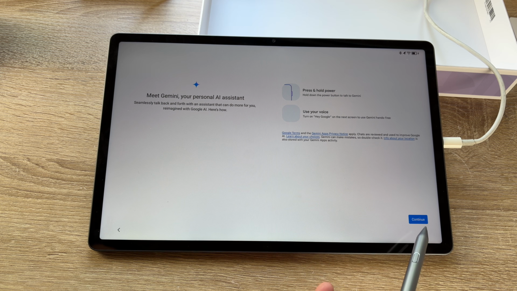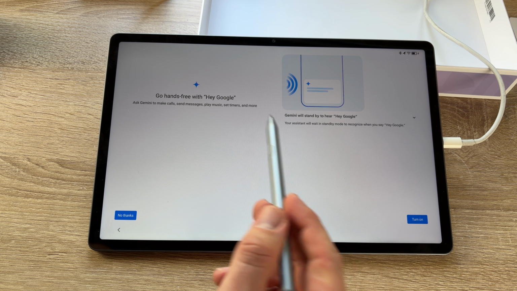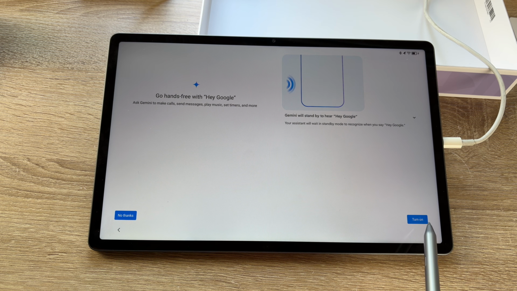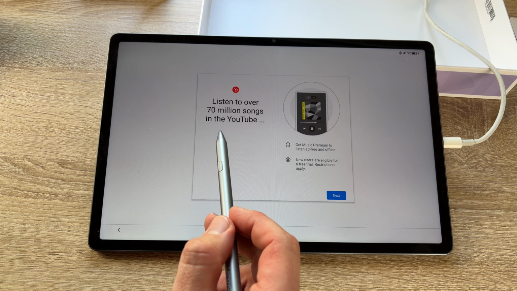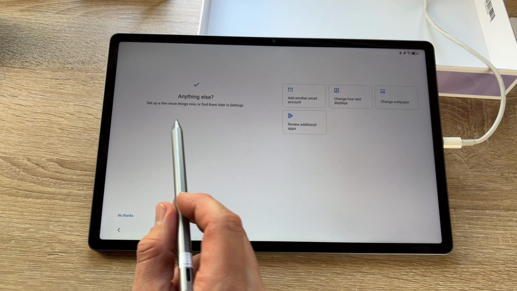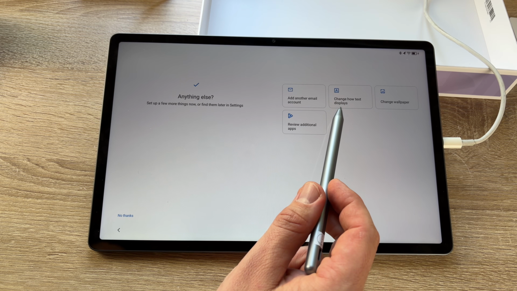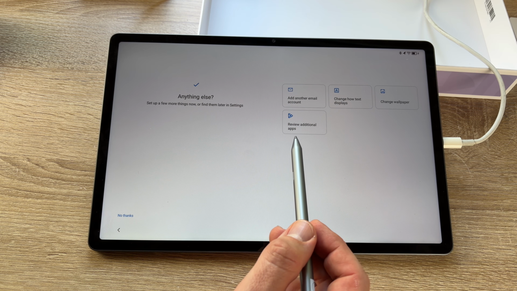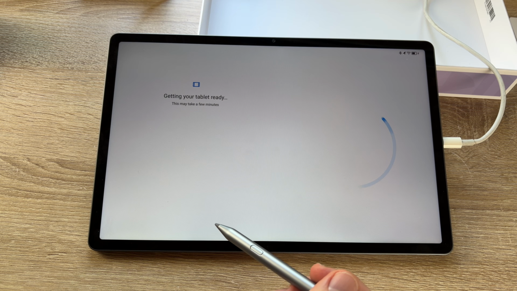We turn on Hey Google, and then it gets into conversation with us. Go hands-free with Hey Google. You can turn it on or not. We can listen to over 70 million songs in the YouTube Music library if we need that. Anything else? Add another email account, change how text is displayed, change the wallpaper, or view additional apps. You can do this, but we are going to the next step.